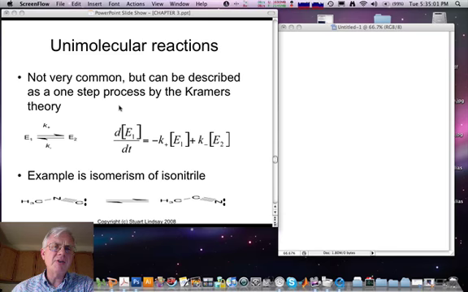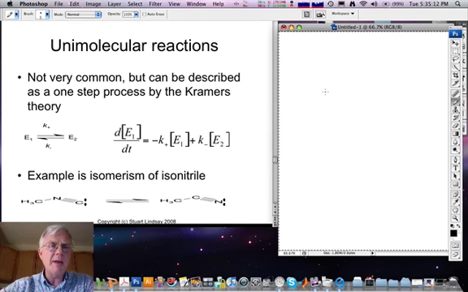The Kramers model, as just described, is really very limited because very few chemical reactions proceed through just one transition state. An exception might be the so-called unimolecular reaction, illustrated at the bottom of this slide by the isomerism of isonitrile, where the nitrogen and the carbon change positions. It's not a very good pedagogical example because one is left wondering about the valence of the carbon and nitrogen in this rather complex process, but nonetheless it does correspond